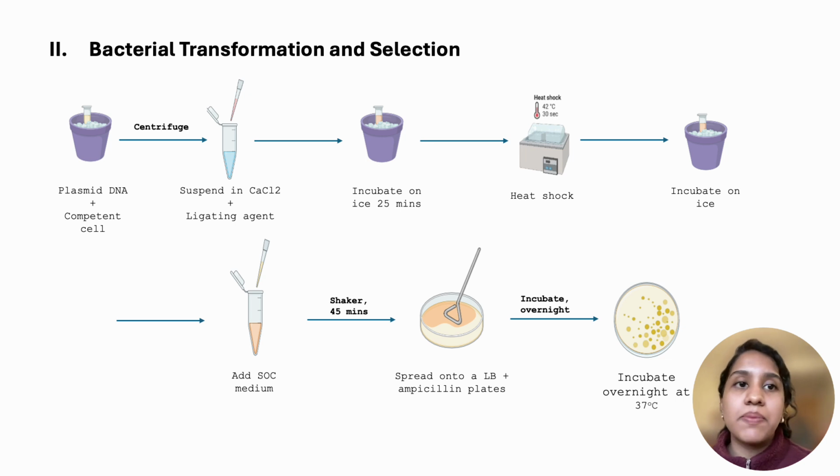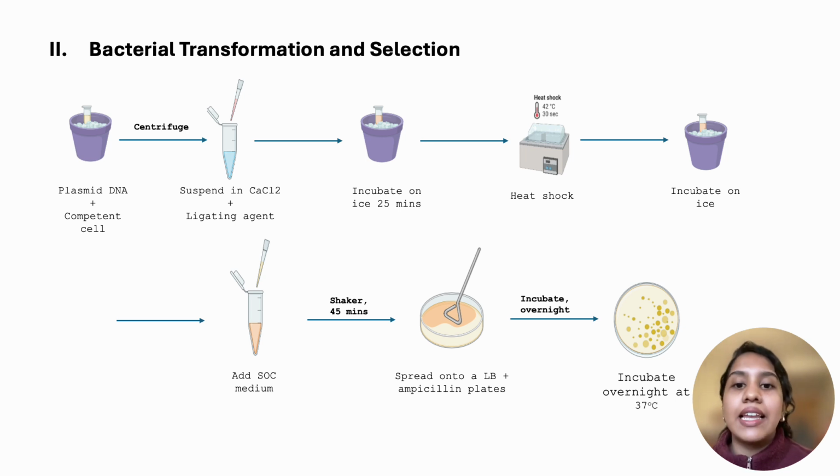The next step is bacterial transformation. So we're going to use the heat shock method. The first step is to combine the plasmid DNA and the competent cells, and we're going to centrifuge it to ensure thorough mixing, and then we're going to suspend